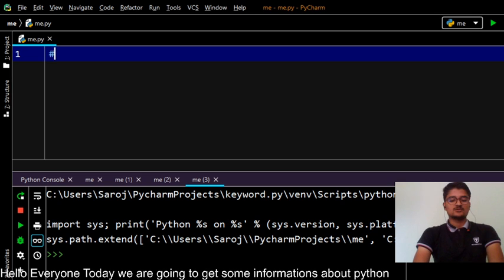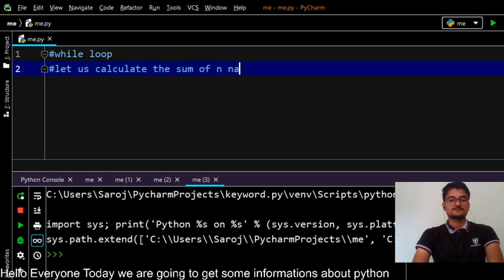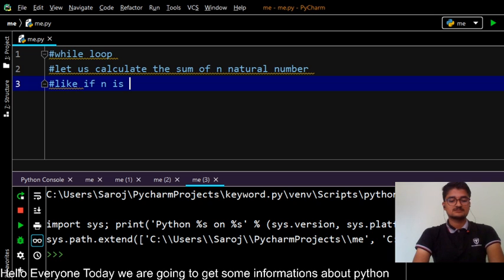Another loop is the while loop. By using the while loop, let us calculate the sum of n natural numbers. Just like, if n is 3, then 1 plus